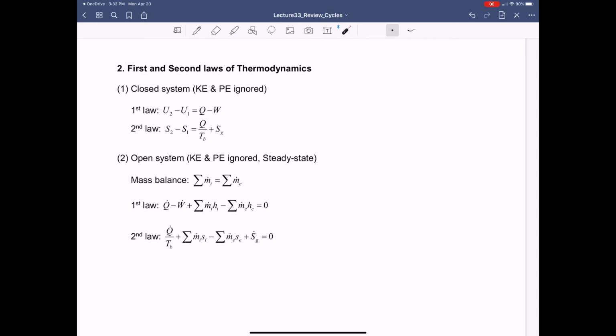When you consider open systems, though, those equations change slightly because you have to allow mass flow into the system or control volume, or flow out of your control volume. So the first thing to think about is how you can balance the mass because of this flow. And when you think about the steady state condition,